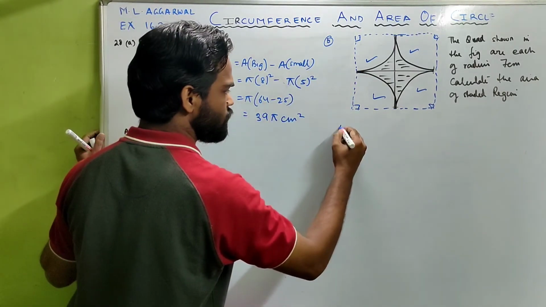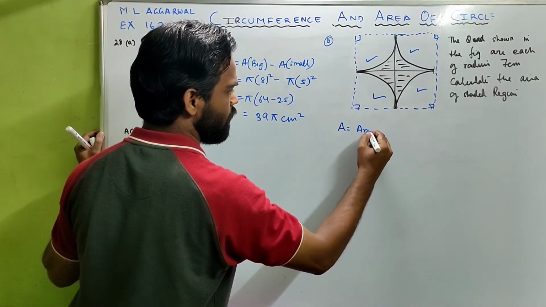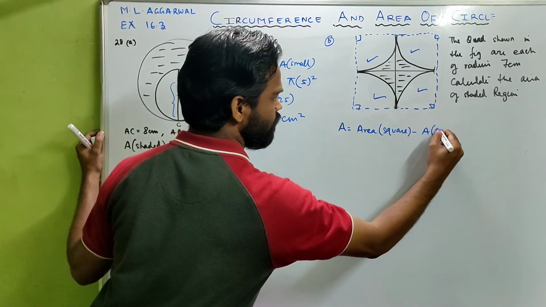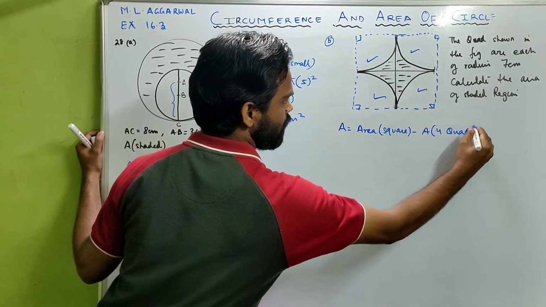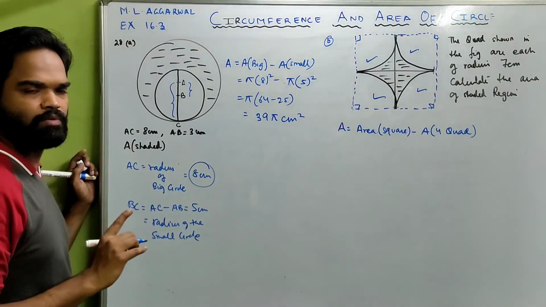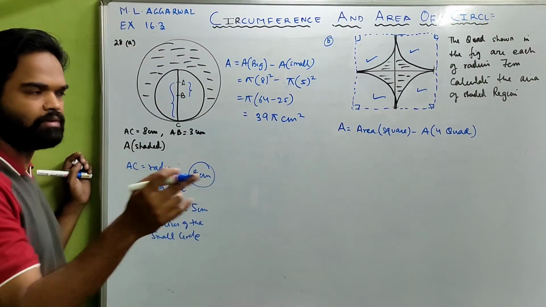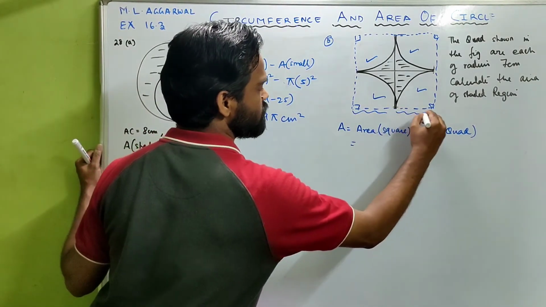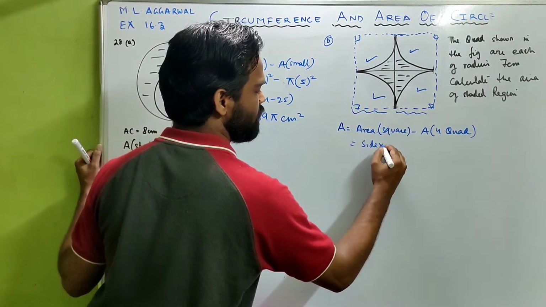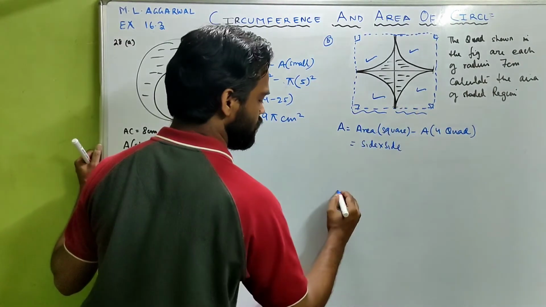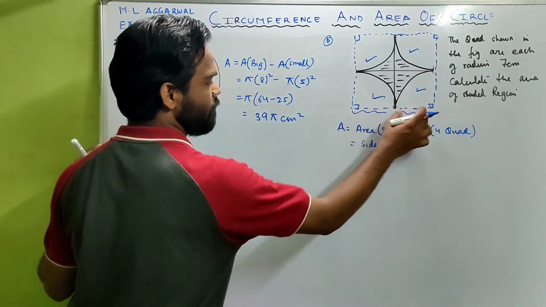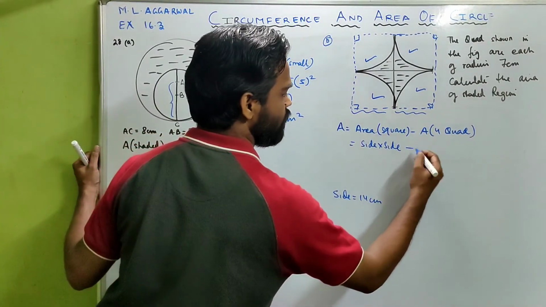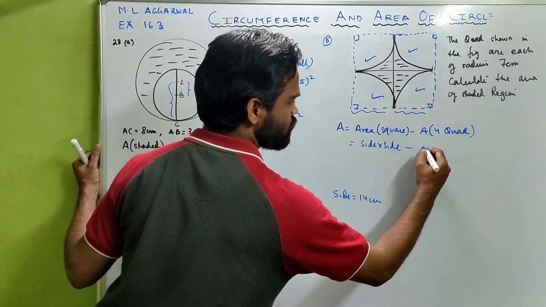Now look carefully. Area of the shaded region is nothing but area of the square minus area of 4 quadrants, and all the quadrants have equal radius, which means 4 quadrants will add to give a circle. So area of a square, now this is 7, this is 7. Area of a square is side multiplied by side, and if you look carefully, the side of the square is 7 plus 7, that's 14 centimeter, minus area of 4 quadrants is nothing but area of a circle, which is